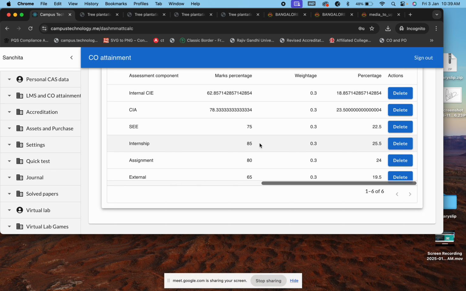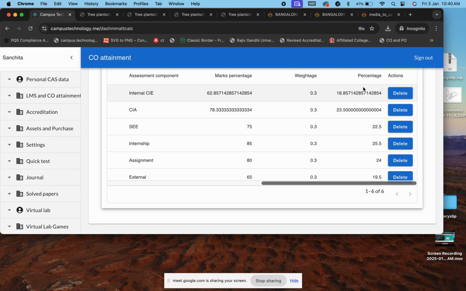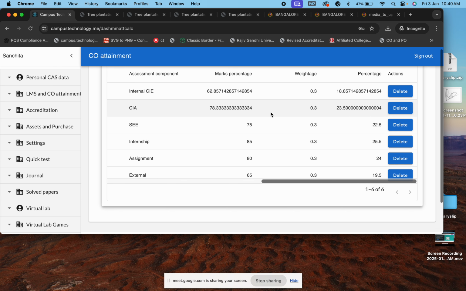Is there any condition that, for example, a particular course has 5 COs, the weightage of those 5 COs should be equal to 100%? Essentially, yes. If it is 5 COs, the total will be 100. Once you do this, this percentage will be calculated based on how you have distributed the COs, so you don't have to worry about whether this calculation is correct. What you need to make sure is correct is your weightage. When you're distributing it, the total has to be equal to 10. If you're distributing it in 3, the 3 weightages must add up to 10. Correct.